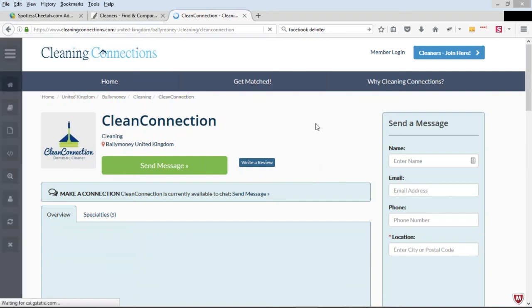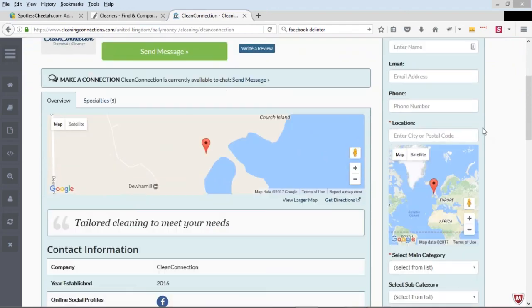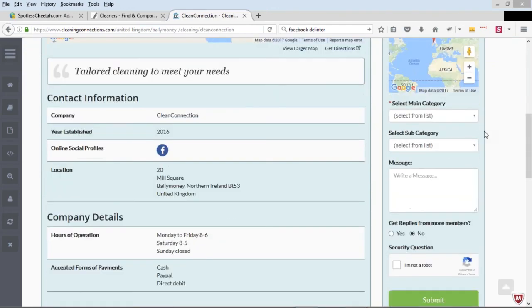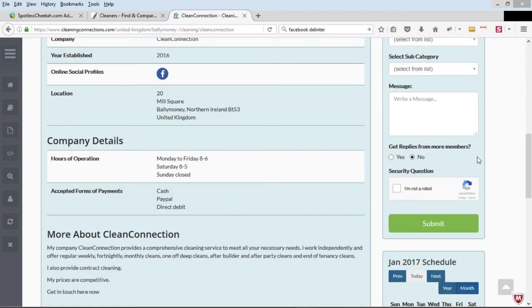In the lead, where Jason is right there, if you scroll down, Jason, you should have the, would you like to get offers from additional members? See where it says get replies from additional members? Leveraging this as the ultimate sales tool is what I find works best, because if you're a free member, and this may be getting a little advanced, but if you're a free member, and somebody says they want to get replies from additional members,